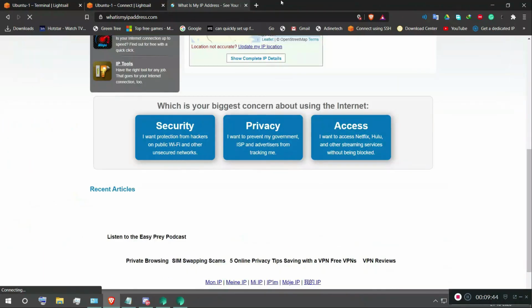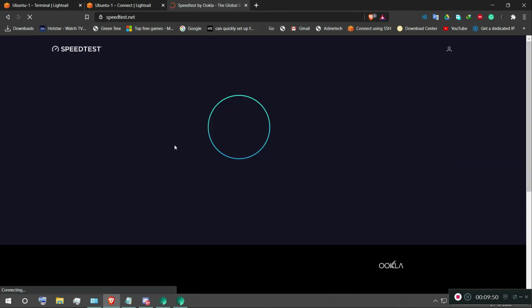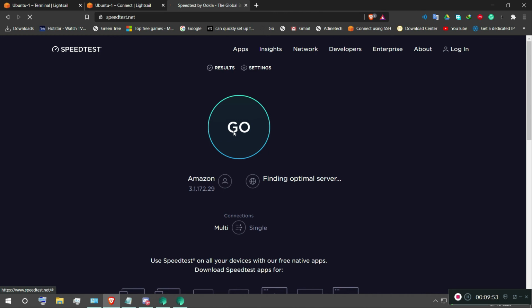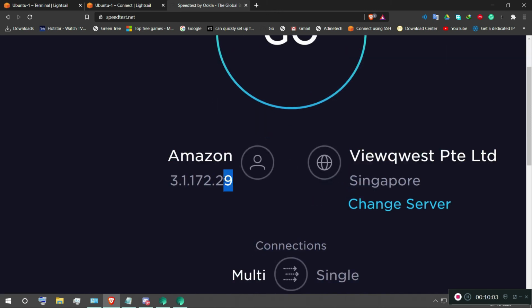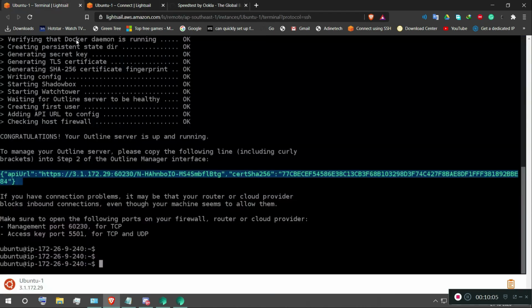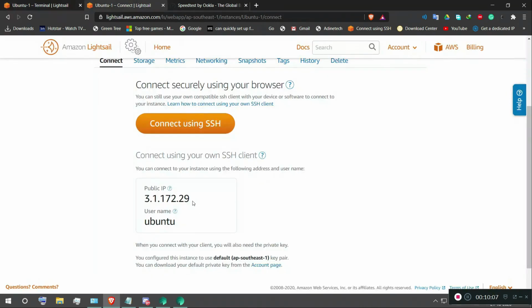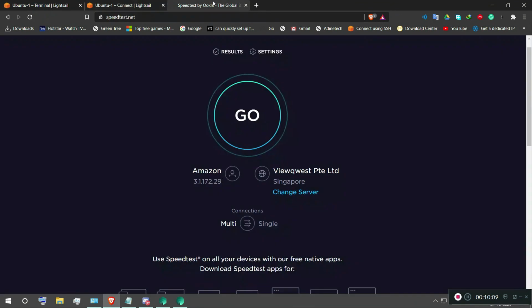Let's open a speed test, because we need to check that all the data traffic is going over this VPN. So let's start. Here the Amazon IP address and this IP address are the same. Let's start.